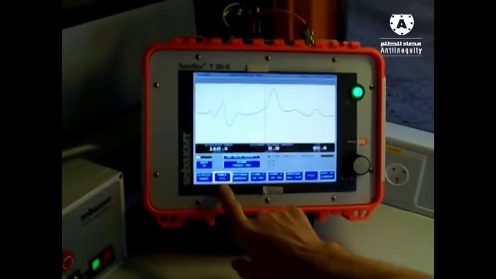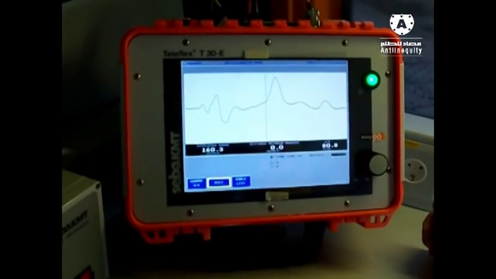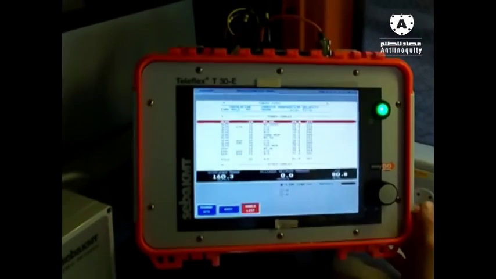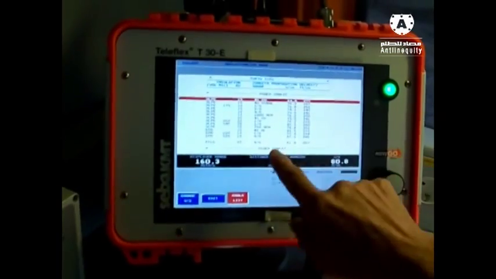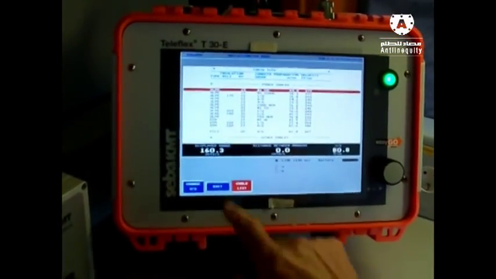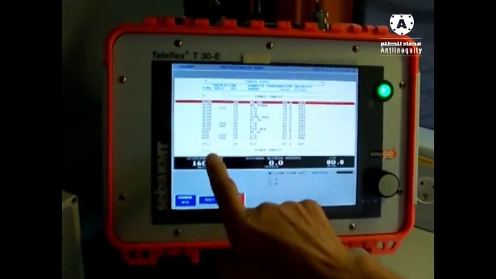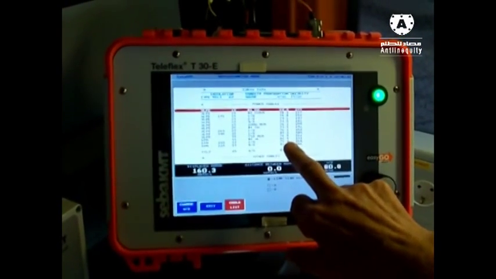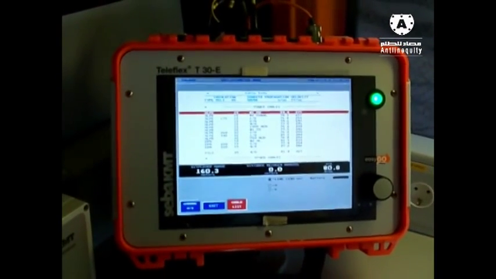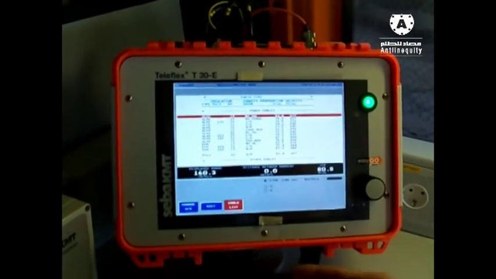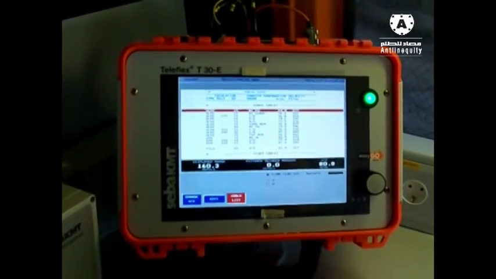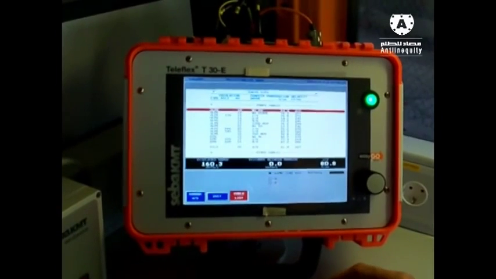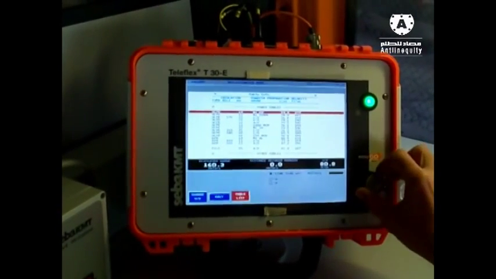For this we select this button, switch it on. Now we have two options also. First, we can take the velocity out of a file, where we can see different kinds of cable types with an average of the velocity. But if we have two or three different kinds of cables in our cable, we must adjust the average value of everything. So for that we have to go